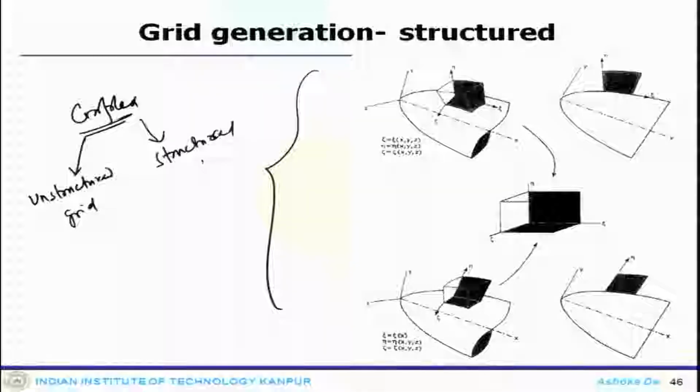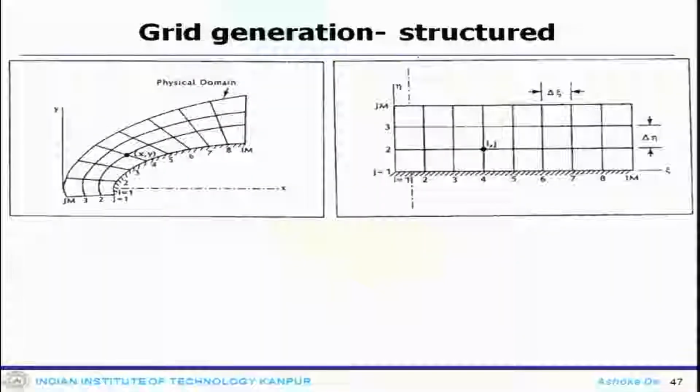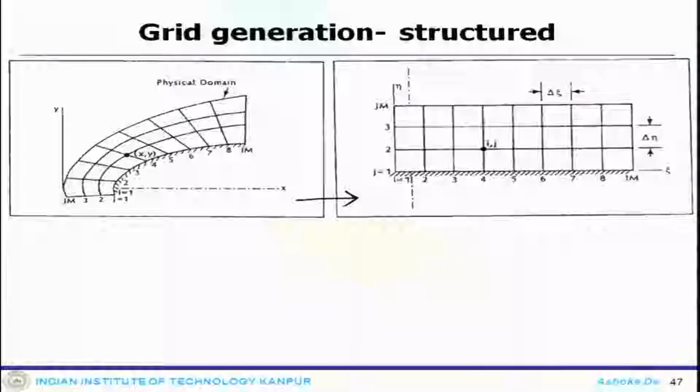then you need to transform this kind of system to a xi eta system, or the regular coordinate system. And how do you do that? You have this kind of physical domain, and this is what it is transformed to in the computational domain, and the way it is done, it essentially goes to a uniform xi eta direction, with xi, x y and eta, x y.